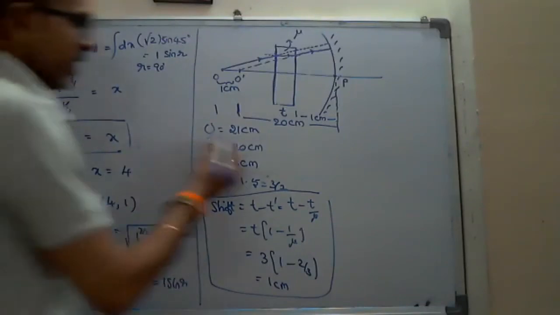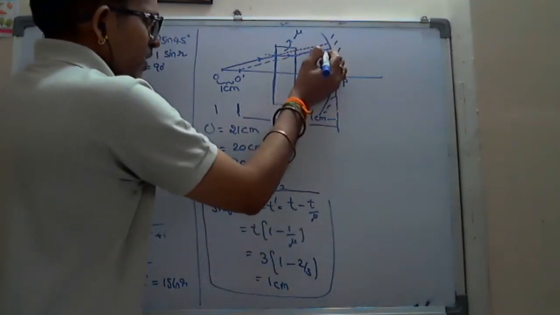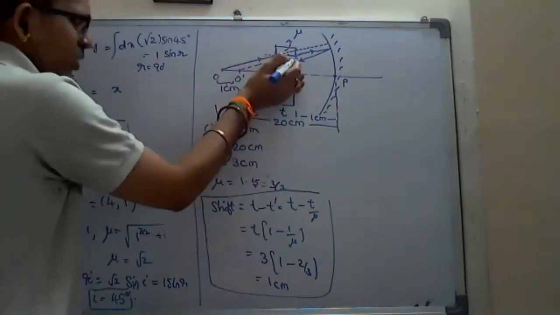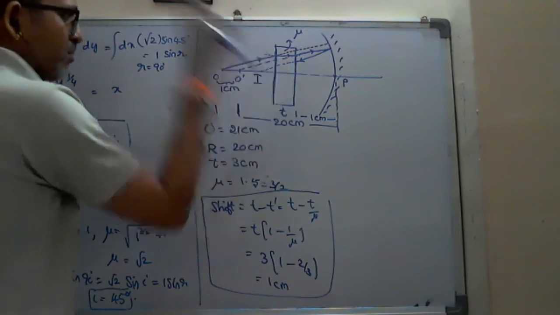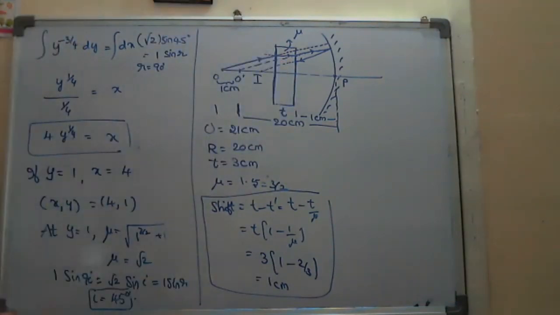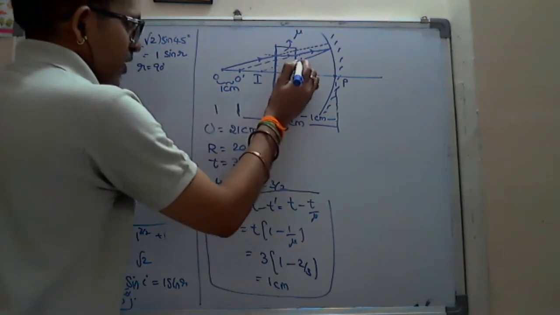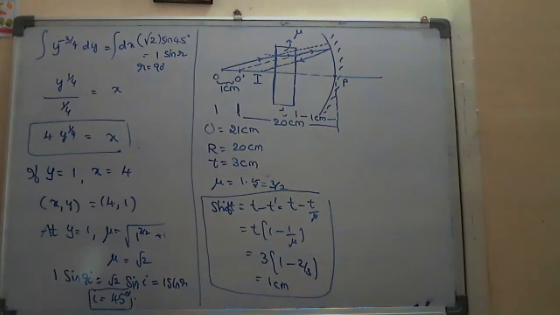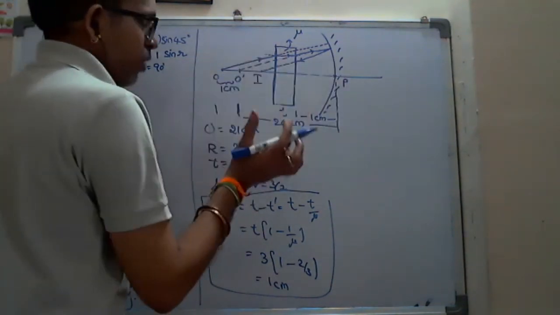So here this is 20, and immediately after reflection, suppose the light ray comes like this. And if there is no glass slab, actually it forms the image somewhere here. After refraction, where it will be formed, later we will check. So here this is without refraction. Without refraction, straight away suppose it comes like this and forms the image there. So I'm going to find out for O dash where the image will be formed.